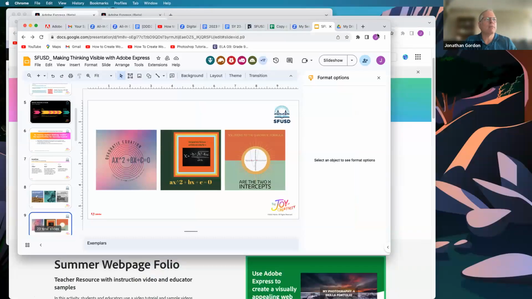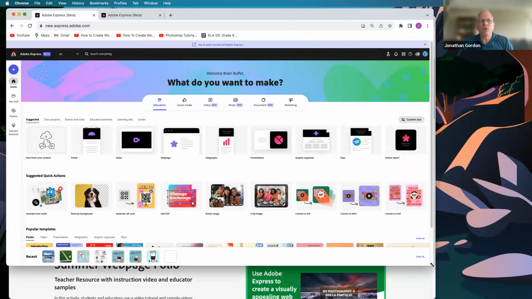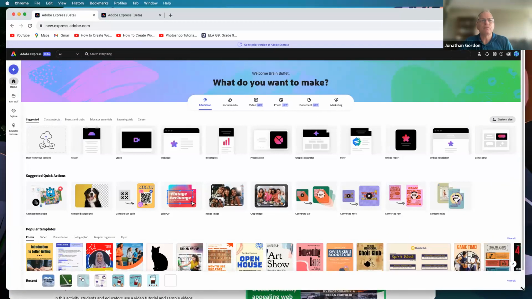We're going to make it really quick. I'm going to come out of here and I'm going to go to Adobe Express. So I want you, if you haven't already done so, I want you to go to Adobe Express. And if you went through Clever, what you're going to see is you're going to have it opened up. This is the interface that you're going to see when you first open up Adobe Express. And you see it's